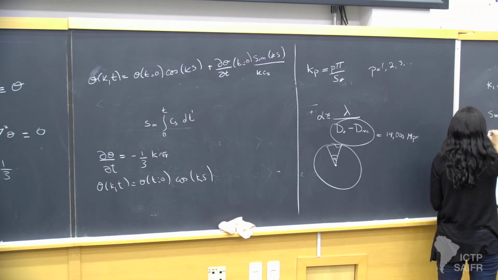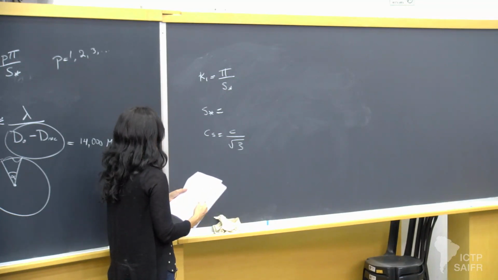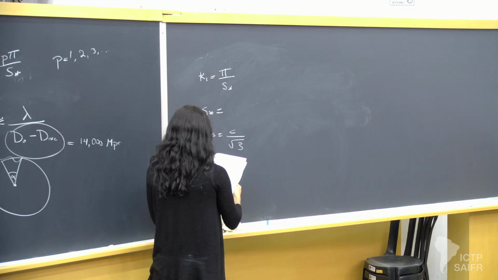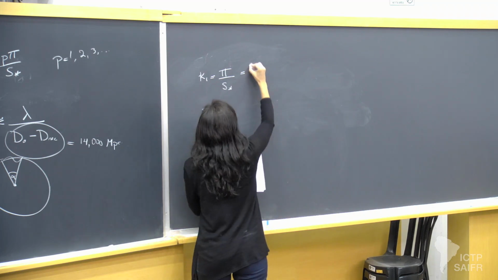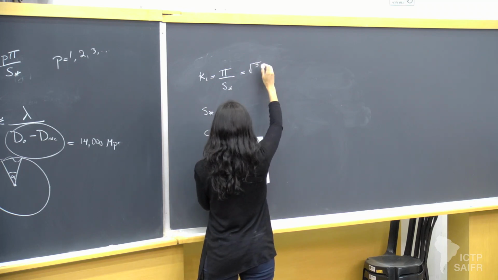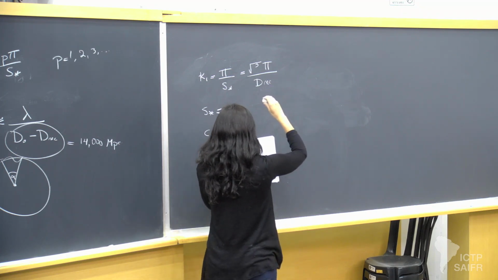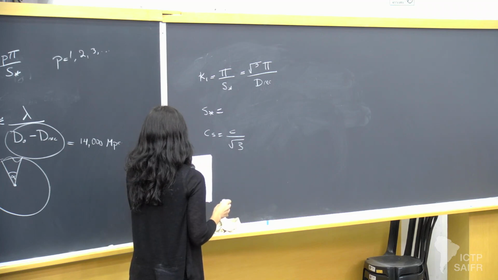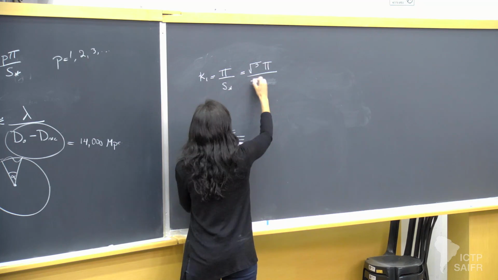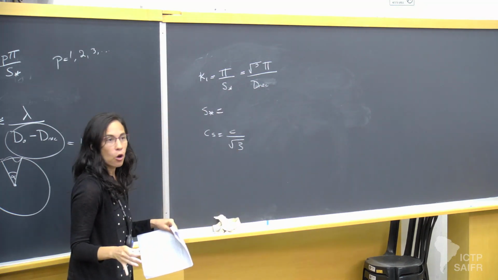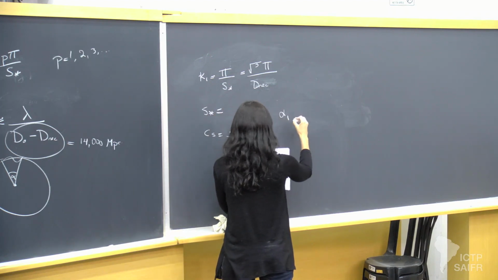c_s is c over square root 3. Yes? So we can write down here this will be equal to square root 3 pi over the distance to recombination. Sorry. No. What I meant to say here is that this is the distance to recombination, which is a longer distance. And here, I will make the following approximation. So alpha 1 will be given by